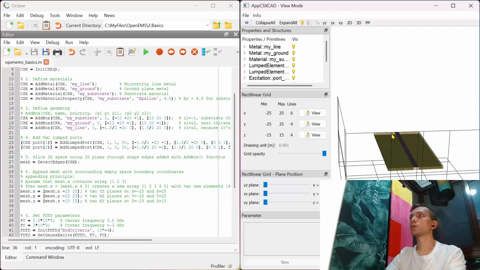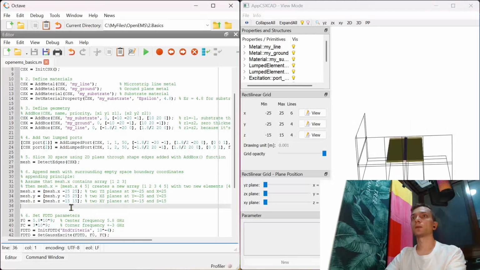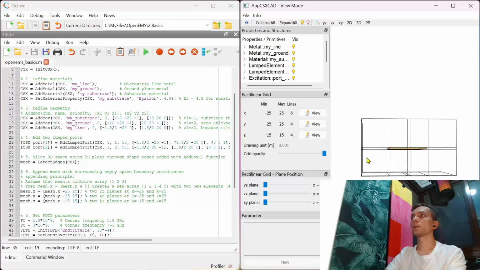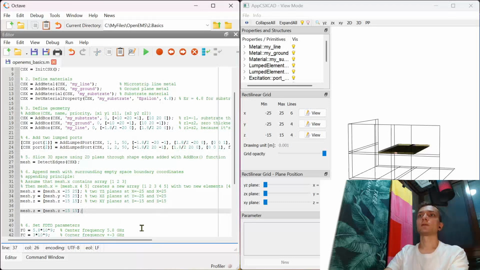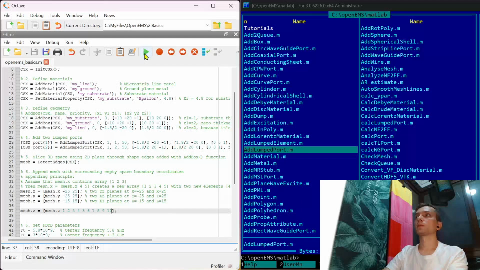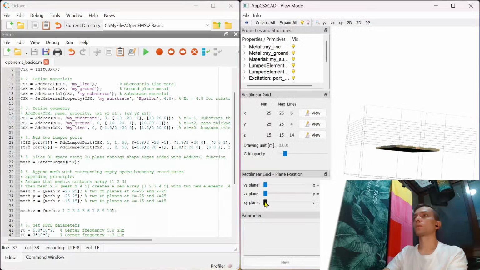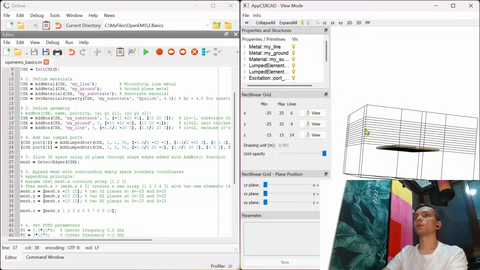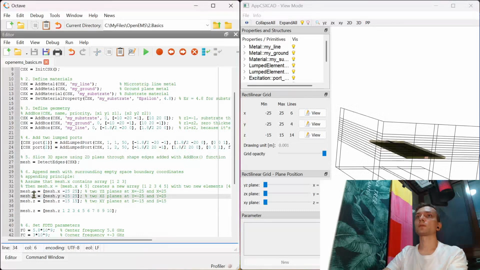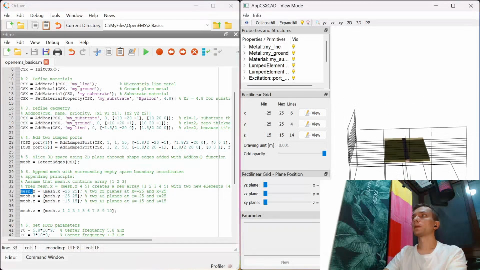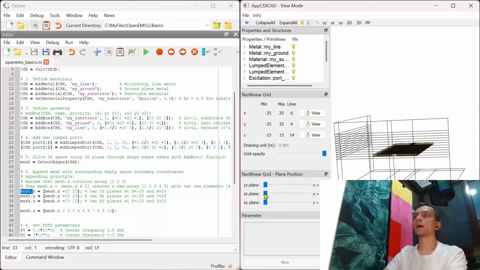To illustrate, let's add some more coordinates at z plane. For example, 1, 2, 3, 4, 5, 6, 7, 8, 9, 10, and run. See what will happen. You see, we added these, 1, 2, 3, 4, 5, 6, 7, 8 in z direction. This mesh is called a mesh, but actually it's simply coordinates of these planes that divide the